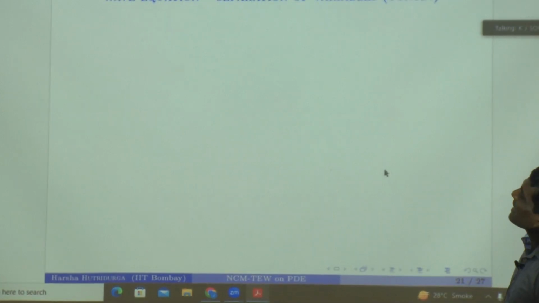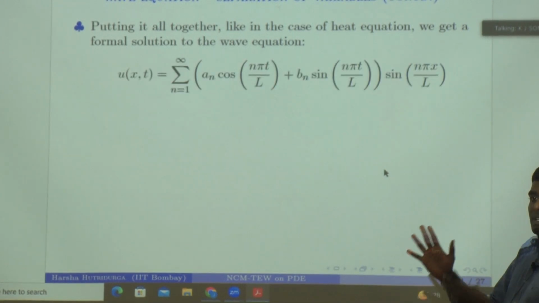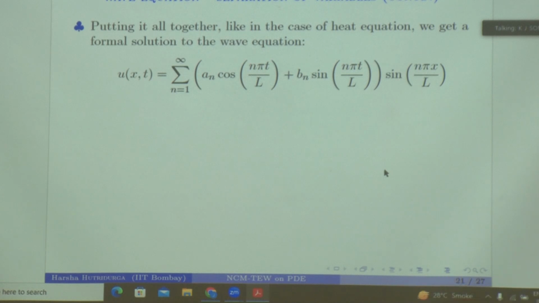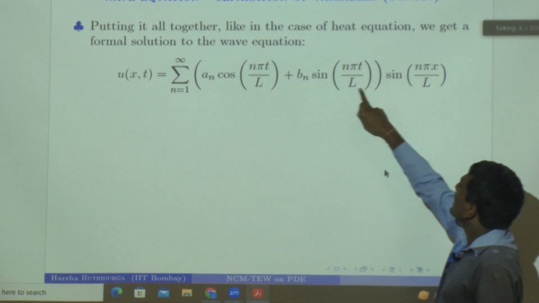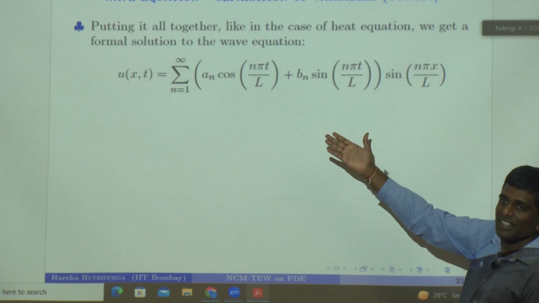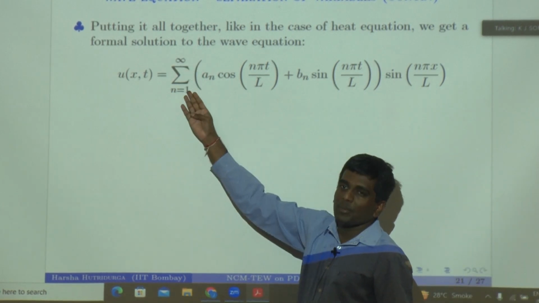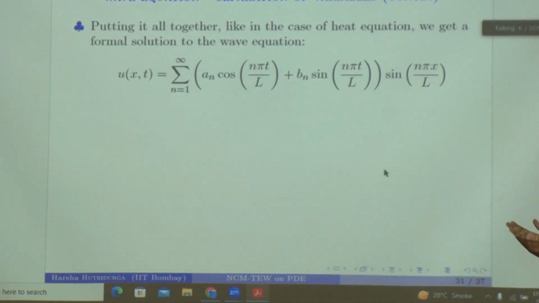But in the context of the heat equation, Fourier took a leap of faith. He said, I will not stop at finite combinations, I will take an infinite linear combination of these functions. And that's what this is. This is our a of t, this is our b of x for various values of n. Because any positive integer n is allowed, we are taking every possible positive integer n as an input and summing all of them. And we are thinking that maybe this will solve the wave equation as well. And it turns out that this also solves the wave equation.